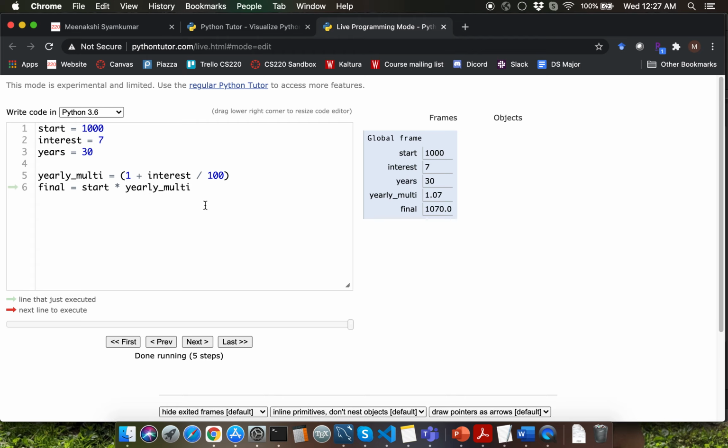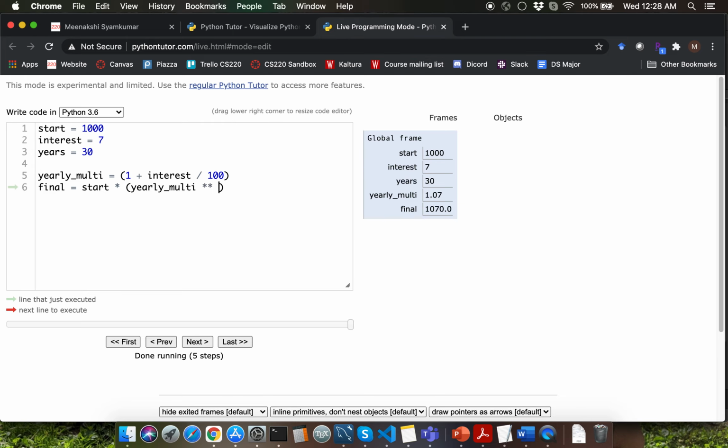So if I want to know the earning after year 2, I'm going to have to multiply the yearly multiplier variable another time, correct? So if I want to know the gain after 30 years, I'll have to repeat this multiplication 30 times over, which is really cumbersome. The easier way for you would be to have yearly multiplier here raised to the power 30. So that's what I'm going to do here.